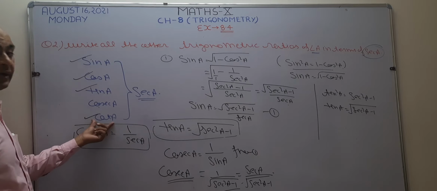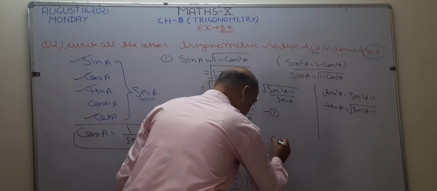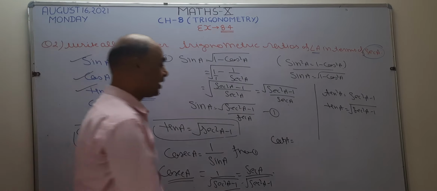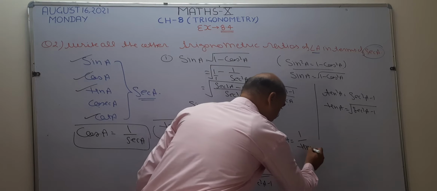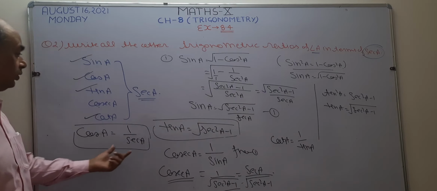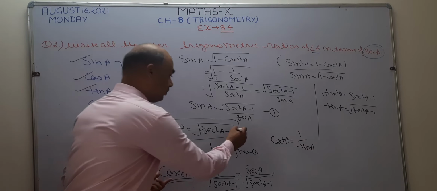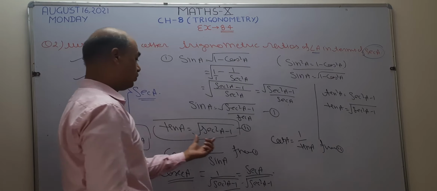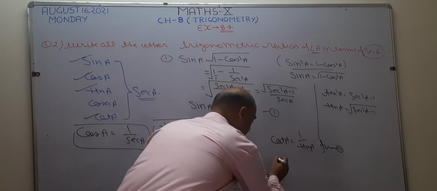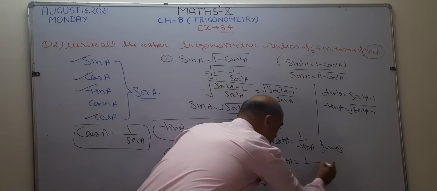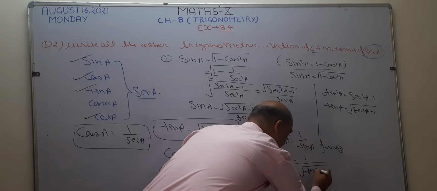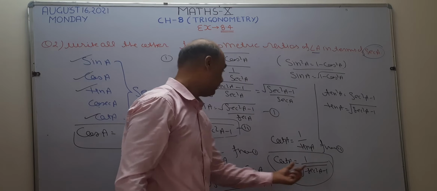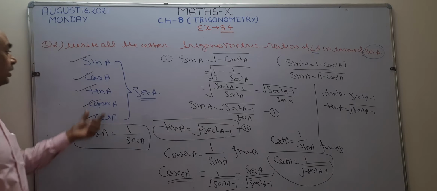Cot is left. Okay, so write here cot A. What is the reciprocal of cot A? The reciprocal of cot A is 1 by tan. So write here 1 by tan A. Now see, where do we get tan? This one, take it number 2. Write here from 2, instead of tan, what are you going to write here? Root of secant square minus 1. So write here cot A is equal to 1 upon square root of secant square A minus 1. So cot is also now in terms of secant A. So we are all done. Clear?